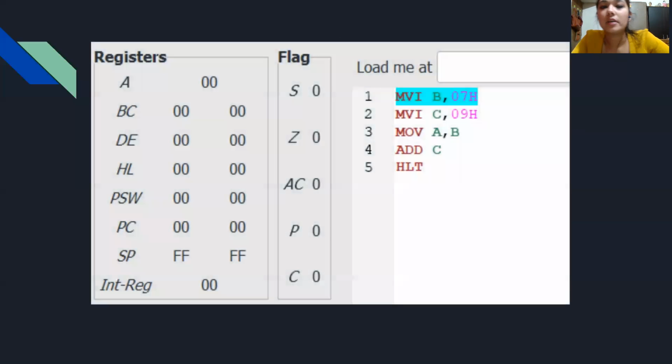Okay, so I've written a program to add 2 numbers. First I'd like to mention that the default memory address at which the operation starts in the GNU simulator is 4200. The memory address is 4200H. So we'll be performing the steps sequentially and see what the result is for the program counter and the registers. Now MVI is a 2-byte instruction. To be noted, MVI is a 2-byte instruction. MOV is a 1-byte instruction. ADD is also a 1-byte instruction.